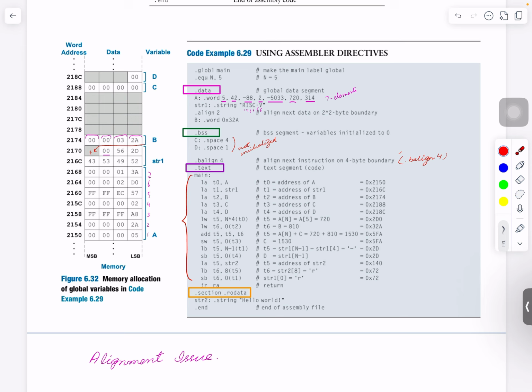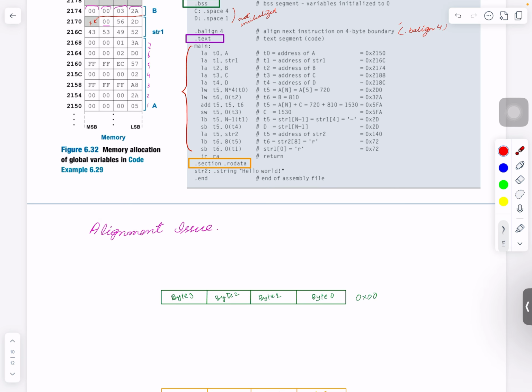Then .align 2. What does that mean? Alignment. Whenever you do something like this, the tool internally treats this as a power of 2. So it means the data will be aligned on a 4-byte boundary. What does the alignment mean? Think of our memory, where our data is 1 word long. We can access each byte separately, but typically our address, for example, here is 8 bits,